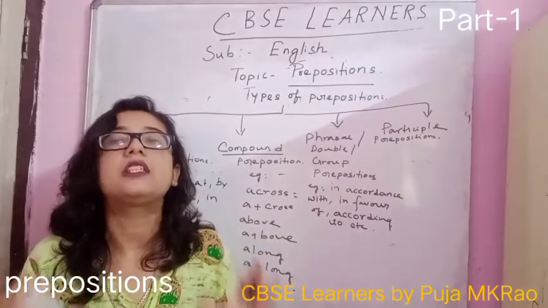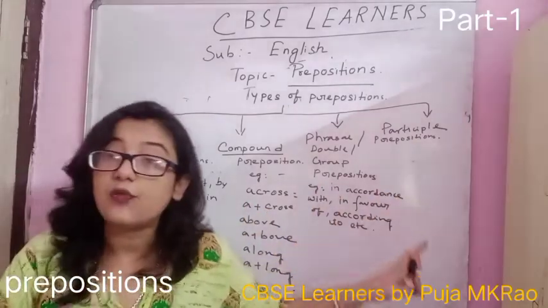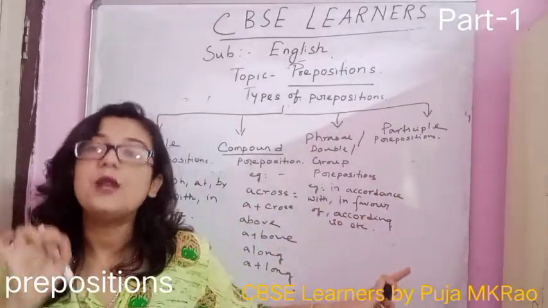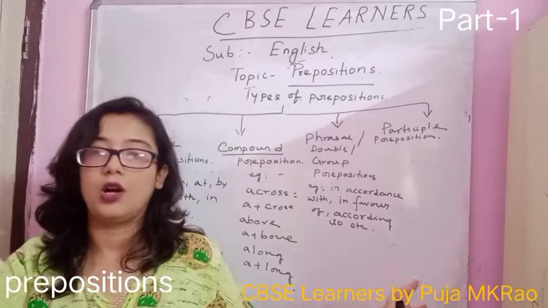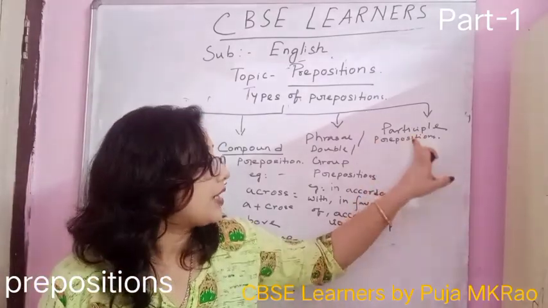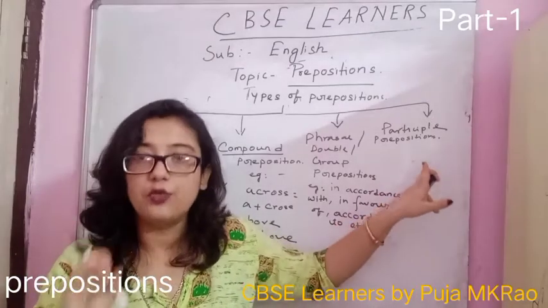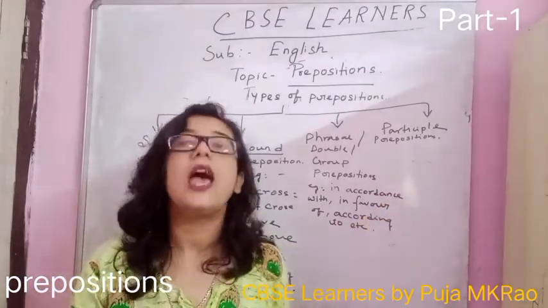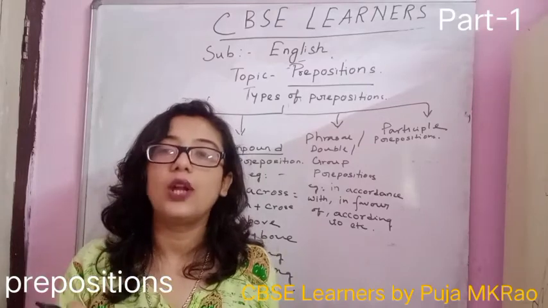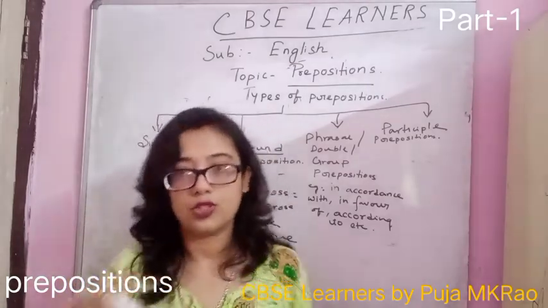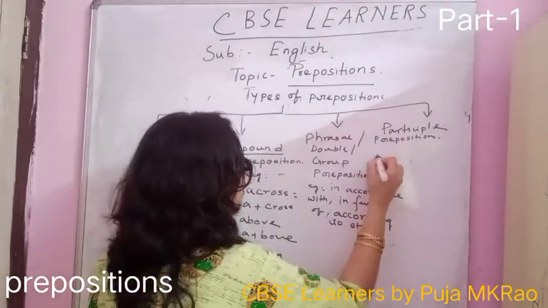Why the name participle preposition? Because these words are all the present participle form of a word. So participle preposition means all the gerunds, all the ing verbs when we are using them as prepositions, that is known as participle preposition. Okay, so for example,